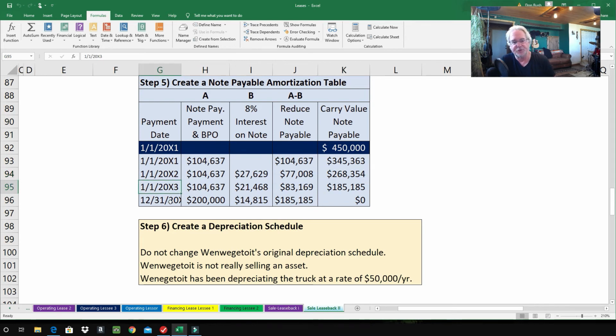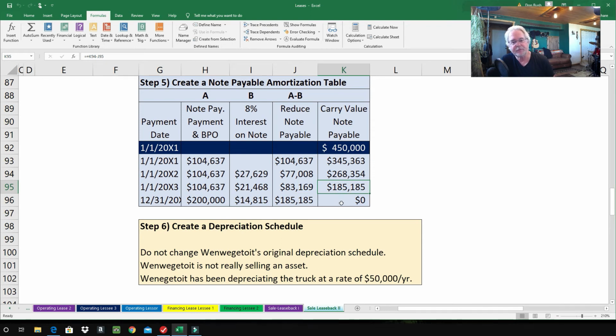Here's the last regular payment. It happens on January 1st, 2003, right at the beginning of 2003. The payment's for 104,637. We have some interest. You know how to calculate it. And the note is being reduced, and so the carrying value of the note is now